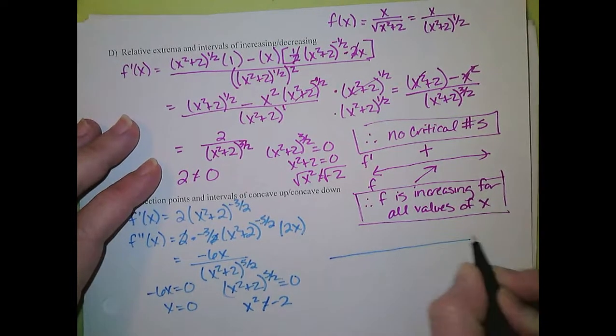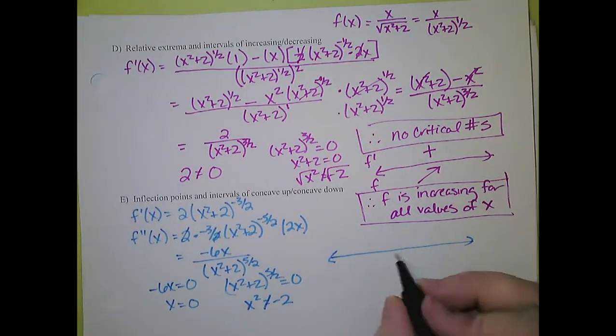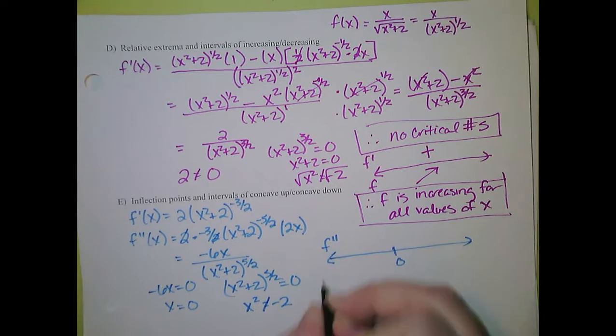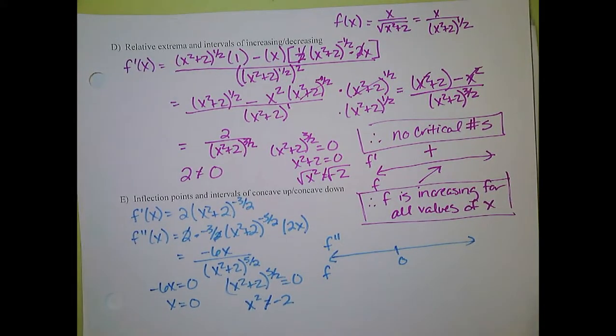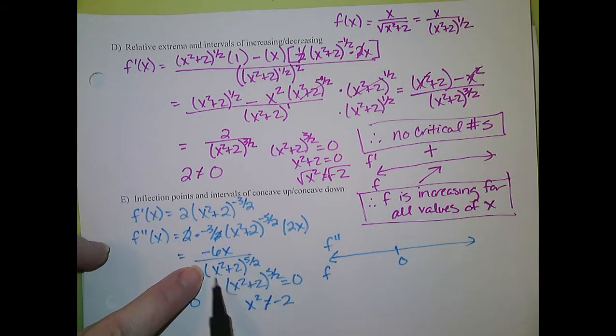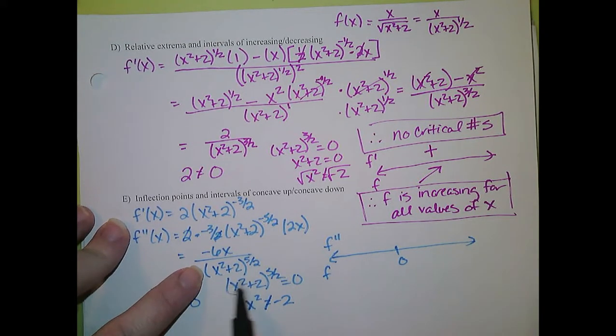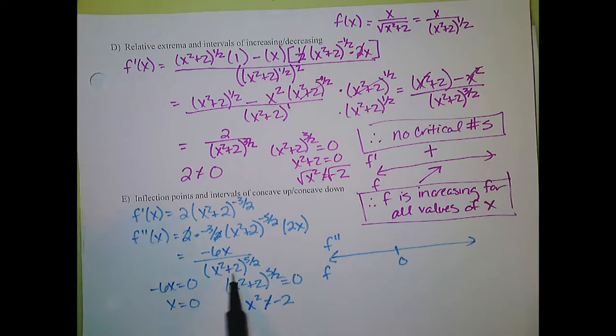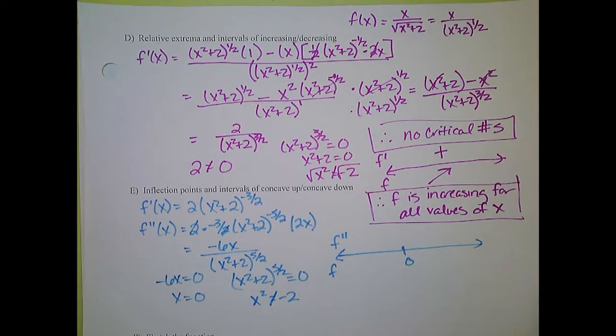To determine whether or not it is in fact an inflection point, let's look at a number line. Let's look at the sign of the second derivative to determine the concavity of the function. Our denominator, regardless of what x is, is going to be positive. Again, if I plug in any number, I'm either going to get 0 or a positive when I square it. If I add 2, I'm going to get a positive. So the denominator is always positive, which means the sign of the second derivative will be determined solely by the